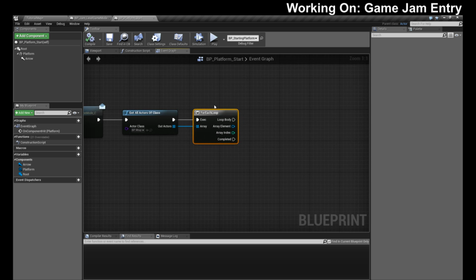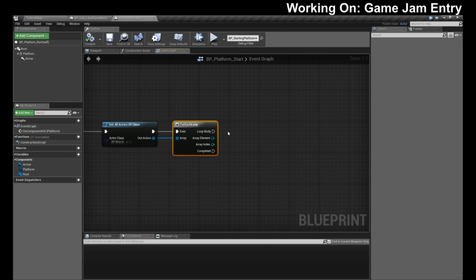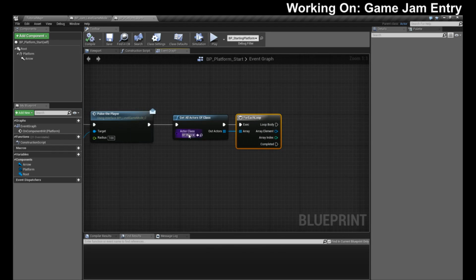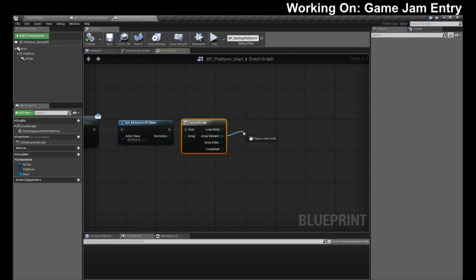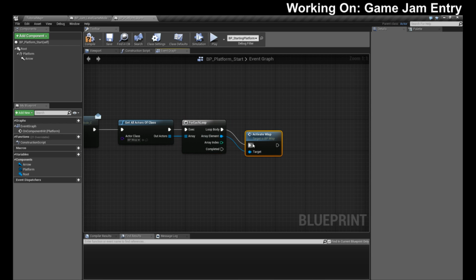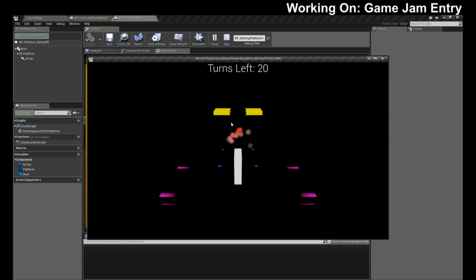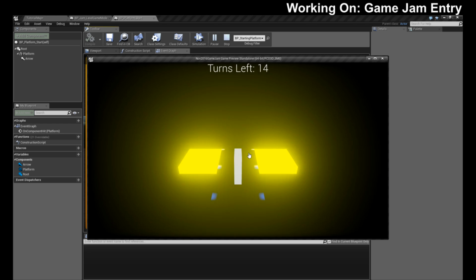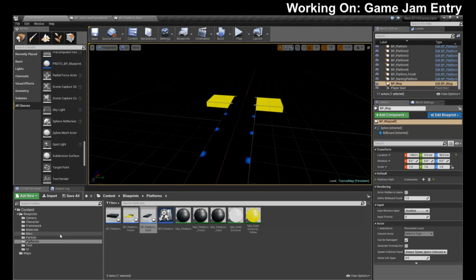So maybe on some of the maps I'll start multiple wisps. So all of our wisps are going to activate the wisp. Boom, just like that. So when I land, the wisp should activate. Boom, perfect.